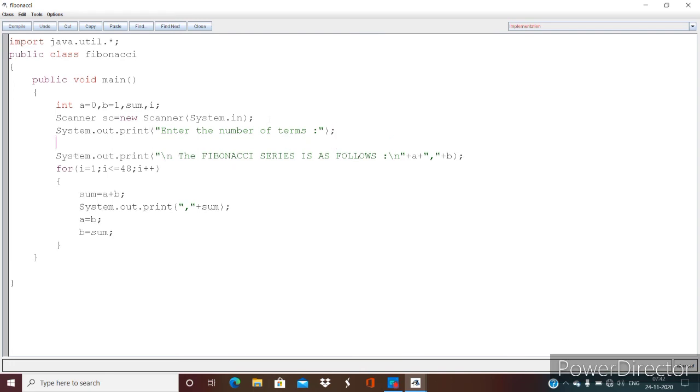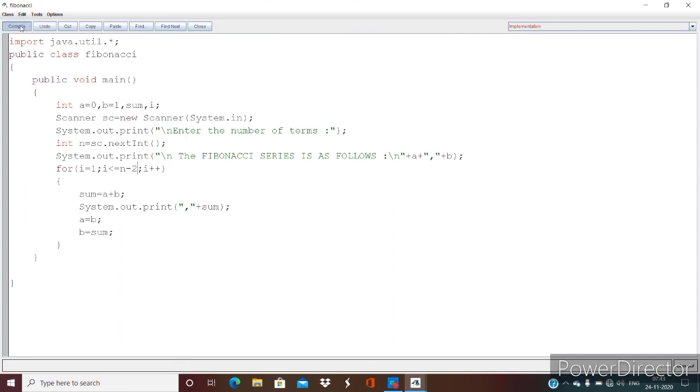I'll take it as n, and n is equal to sc.nextInt. I'll use a \n escape sequence. Now instead of taking this series to 48, I'll take this to n minus 2 because I'm displaying the first two terms of the series.